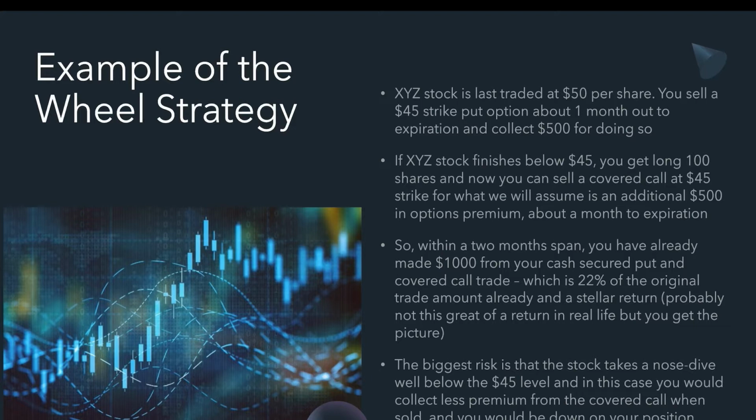Having said that, doing the wheel strategy against dividend stocks, getting long the stock and selling covered calls, can allow you to also collect dividends as well. And if there's lower volatility, there's less chance that the stock will make a big move. So a lot of times you can keep selling a similar or the same strike, and not have to worry about the stock making a 10 or 20% move on earnings. Obviously dividend stocks can still move, but they're not typically going to move as much as a growth stock